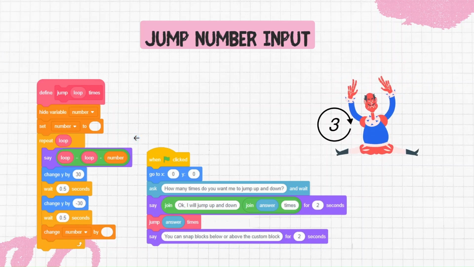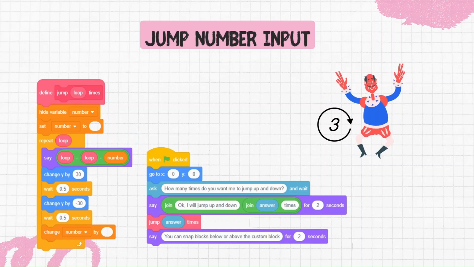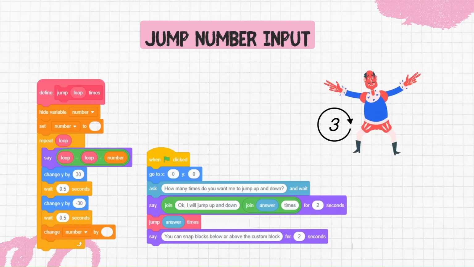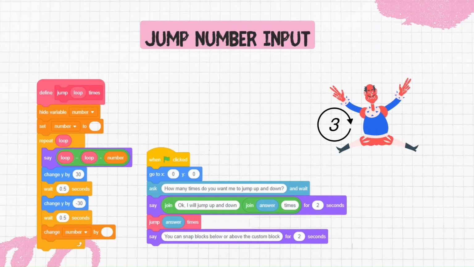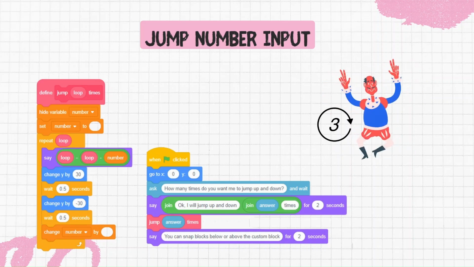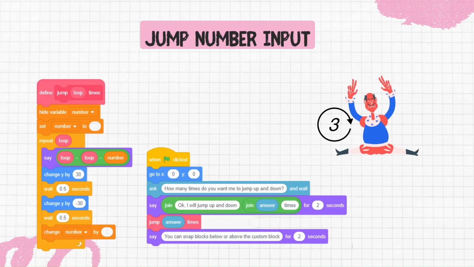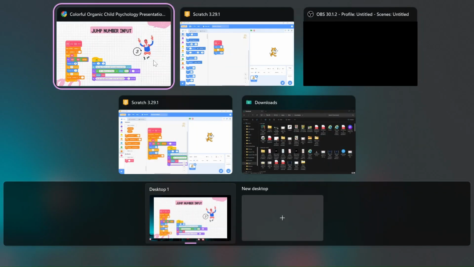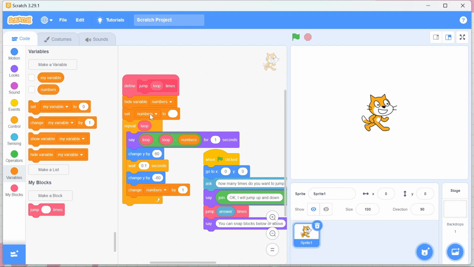Then we are going to repeat the same process. We will change y in the positive and negative direction. Then when the green flag is clicked, the question will be asked, how many times do you want me to jump up and down? Then as per the input given, our sprite is going to jump. So let me show you this code. I have already created it. So here we are, and this is our code block.